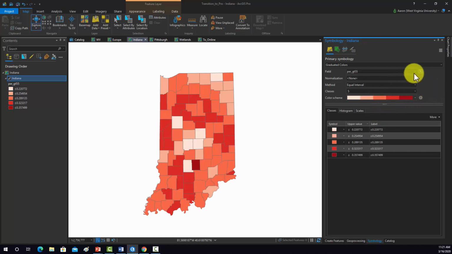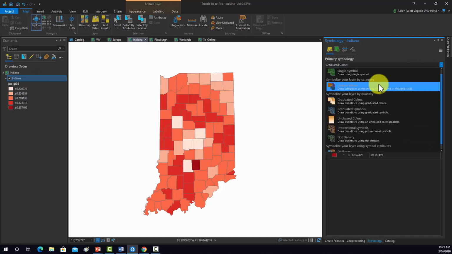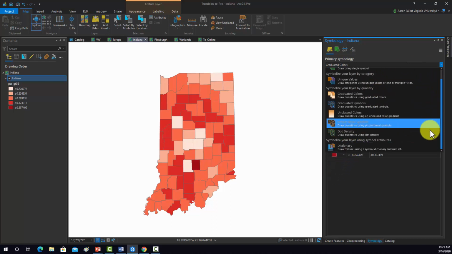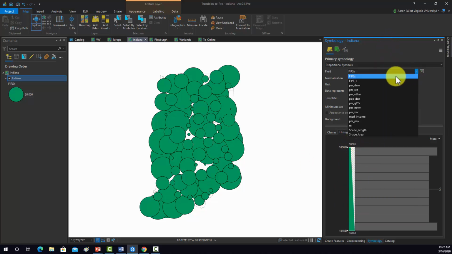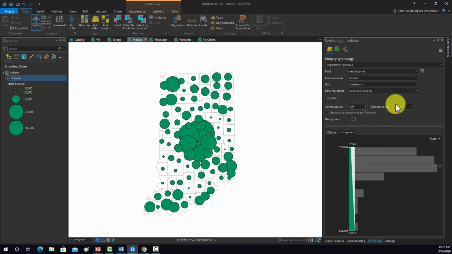Okay, so some other symbologies. This is why we're in here. Let's say we wanted to change this to a proportional symbol. So let's do that. So I'm going to grab a proportional symbol. That's a continuous ramp as opposed to bin symbols. So I'm going to change that now to, let's just do median income,